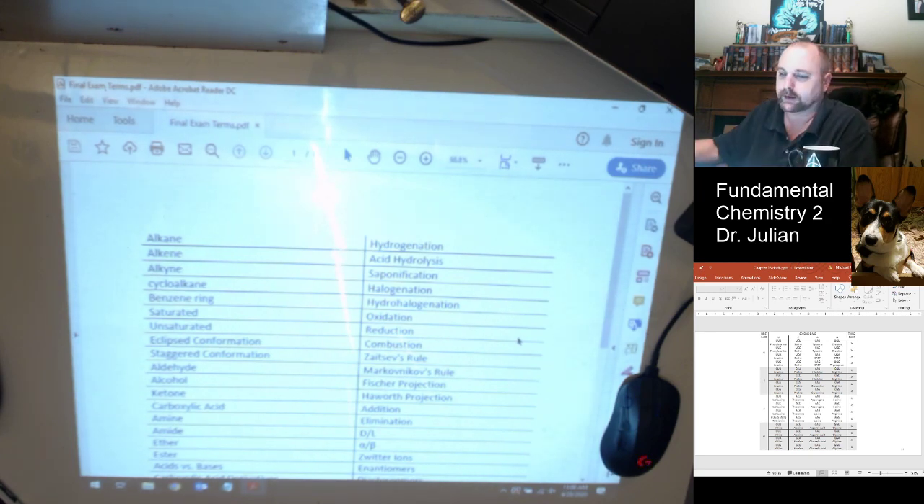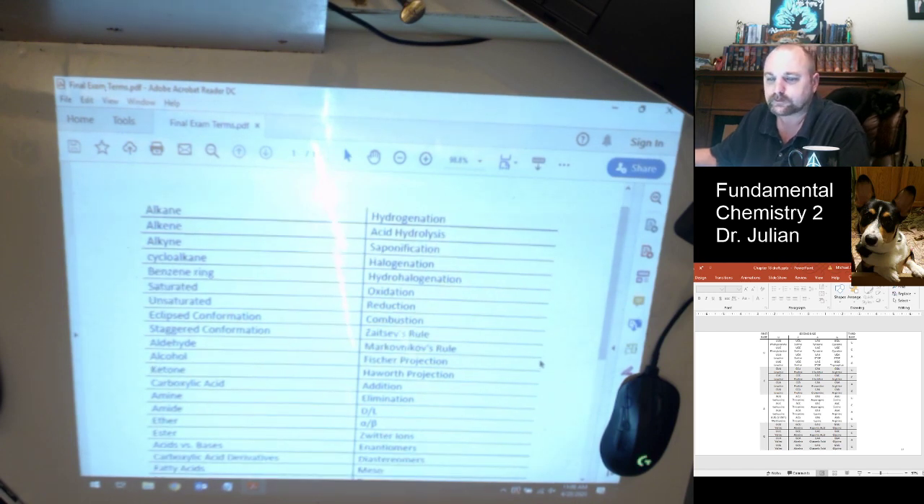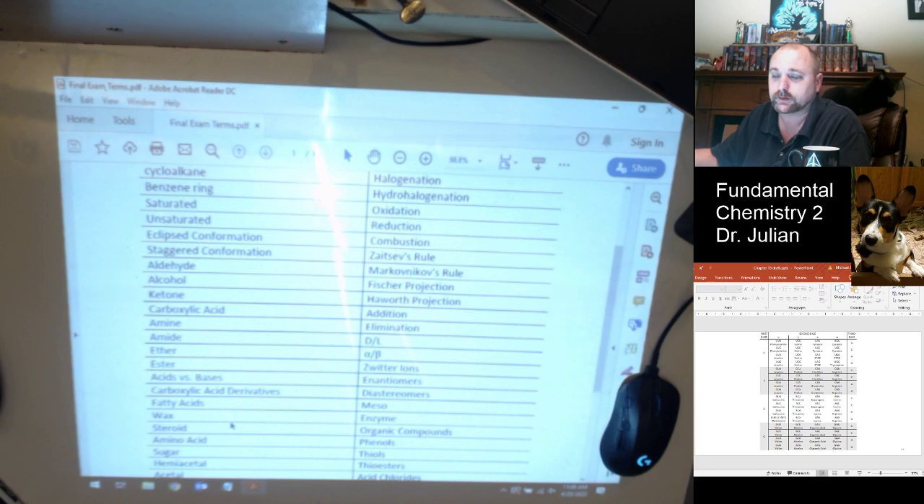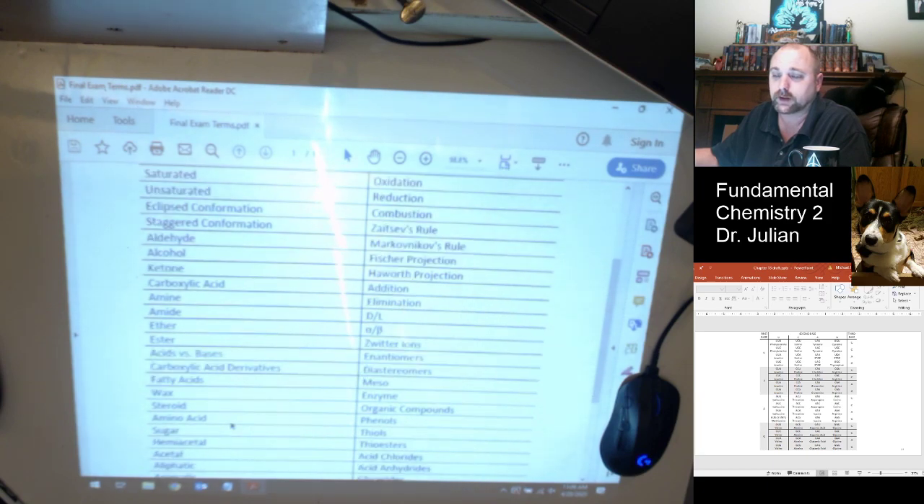Be sure you're able to recognize each of those. Ether versus ester. Yep, gotta know those. Look for the presence of carbonyls. Acids versus bases. Carboxylic acid derivatives. So we're looking for not only our amides and our esters, but we're also looking at our anhydrides and our carboxylates and all kinds of acid chlorides, fatty acids, long